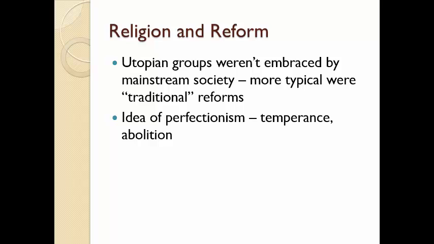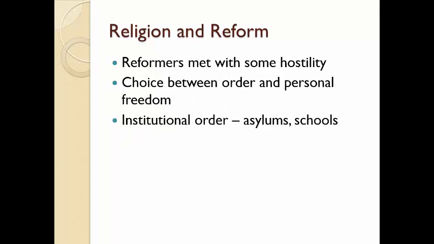Abolition. Abolition changes from maybe gradual manumission, maybe from limiting the expansion of slavery but allowing it to continue where it already was. It changes from that to complete emancipation all at once. So they take this idea of perfection, this idea of the extreme radical view, and they apply it and begin to work towards that. And as you might imagine, some reformers are going to be met with hostility. Turns out people don't want to give up their alcohol. Slave owners don't want to give up their slaves. So as they begin to stress the extreme ideas of these reform movements, not everyone's going to be on board